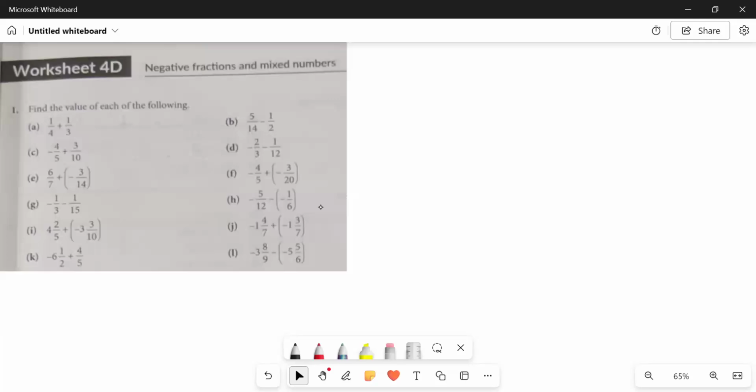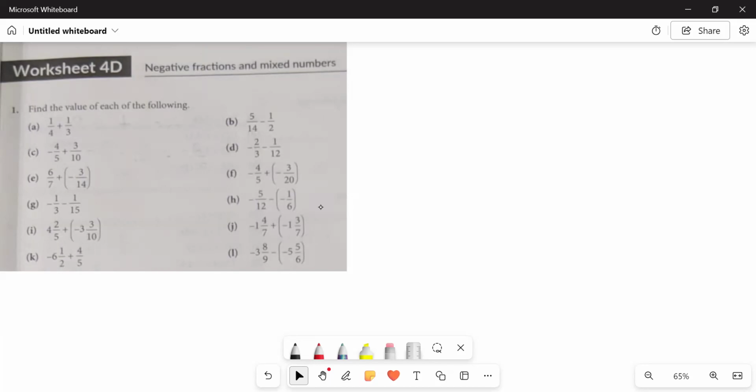So it's the same way we have learned in grade 5. That is, just to make the denominators same, add or subtract the numerators, and then after getting your answer, just simplify the given fraction and convert it into mixed number if possible. Okay, so these are the 3 to 4 steps that we have to follow for every single fraction.